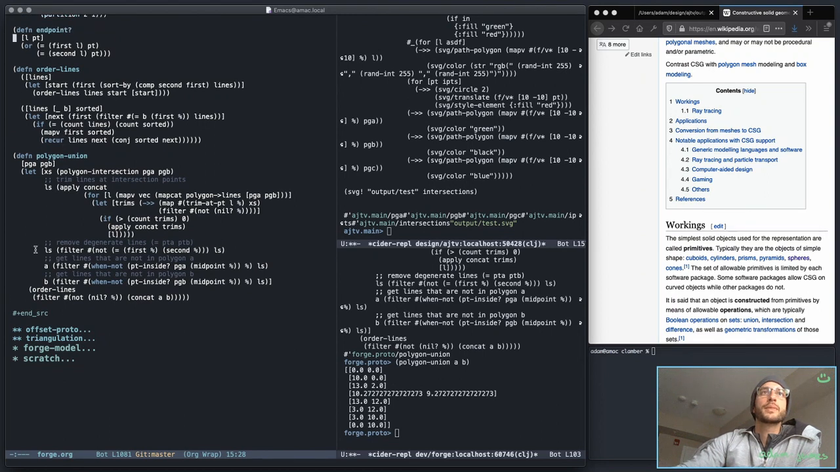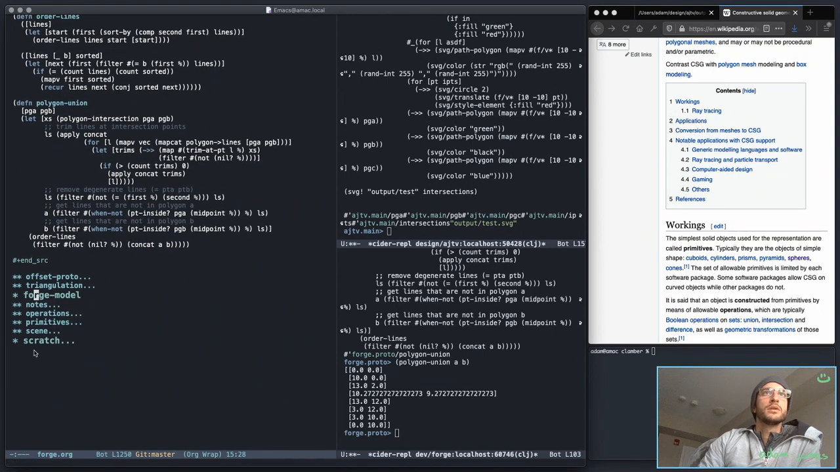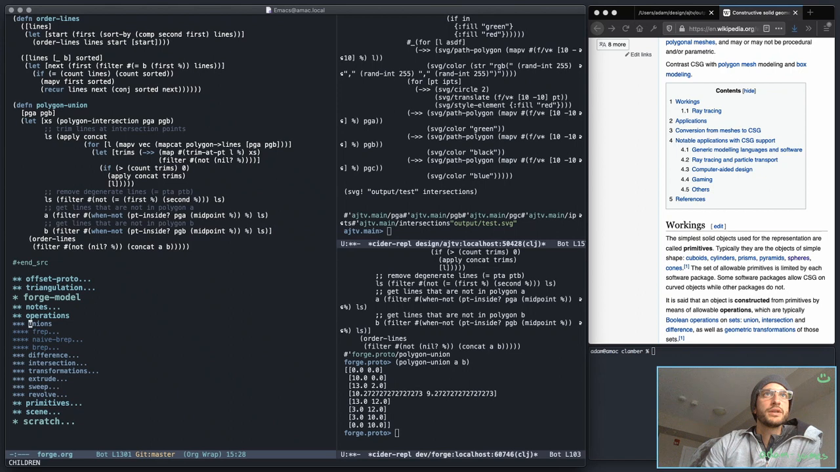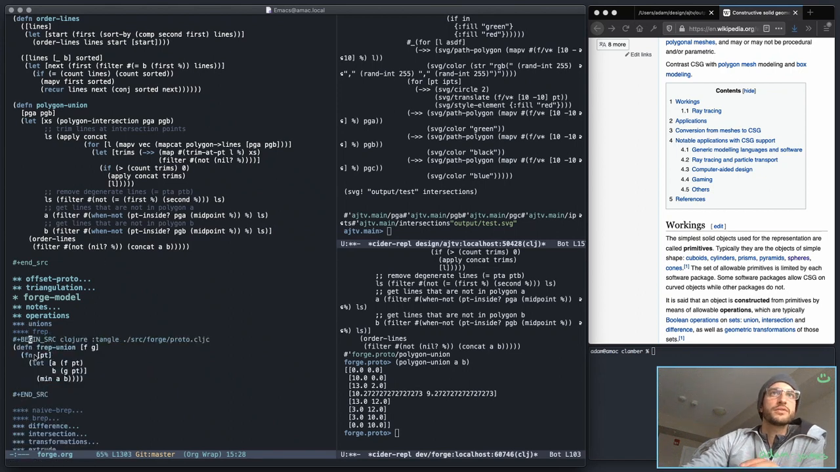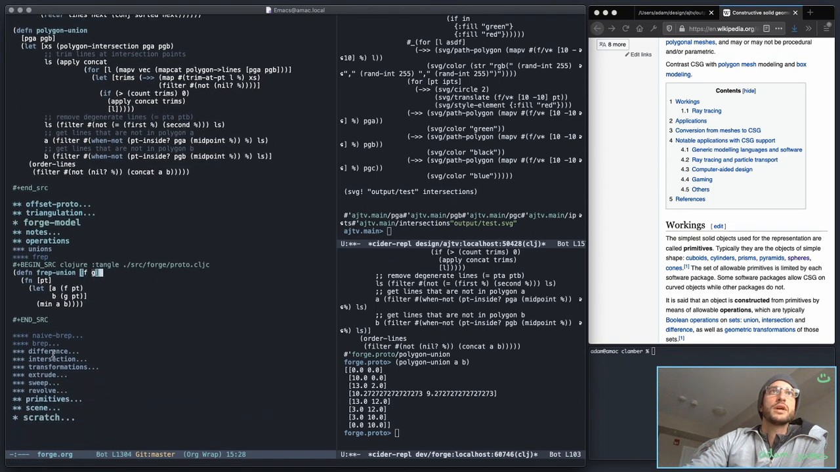Union. The frep union is literally, oh, I said max, it's actually the min. You give it two functions, and you return a function that takes in a point and gives back a distance, and you just run it through each function, and you give the minimum back, and boom, you're guaranteed